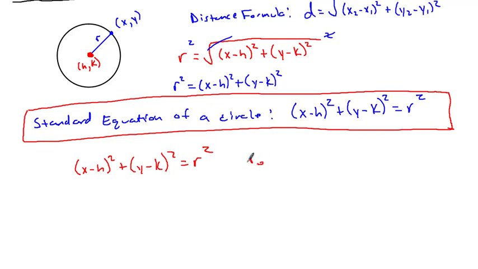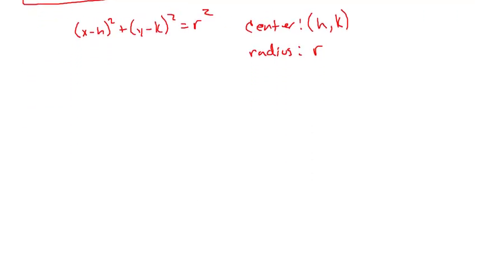Well, the center of the circle was the point (h, k), and the radius was whatever number the r winds up equaling. So this is what we're trying to learn, and we're going to start right into doing examples with it. So our first example is going to be to write the equation of a circle